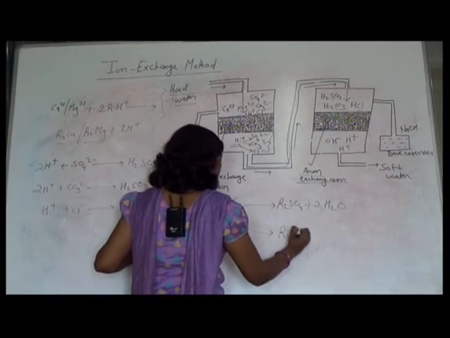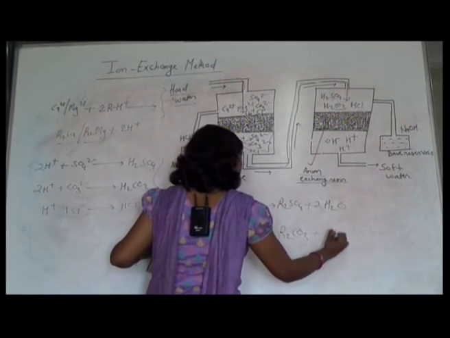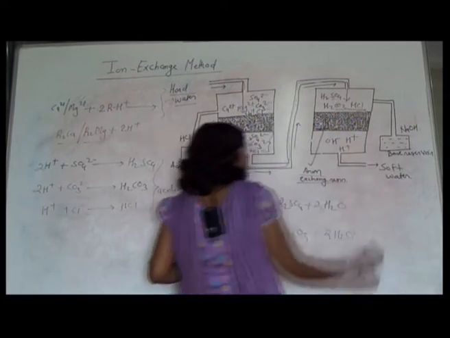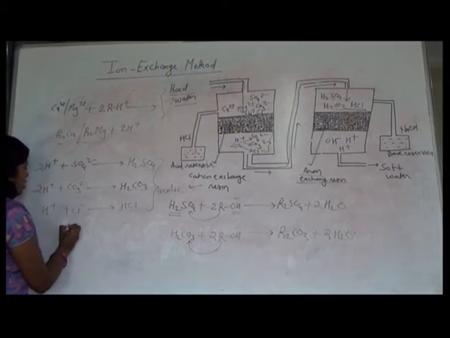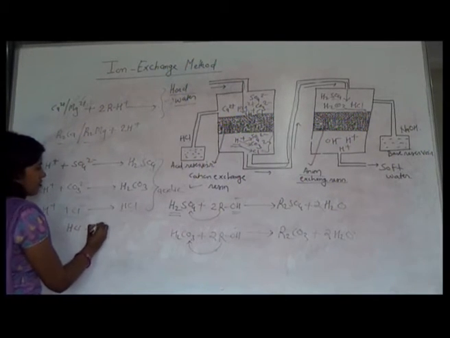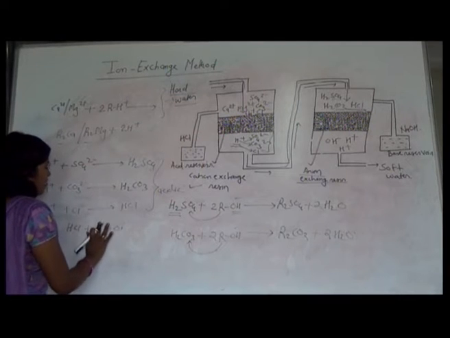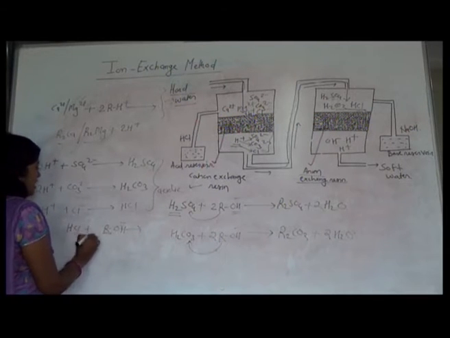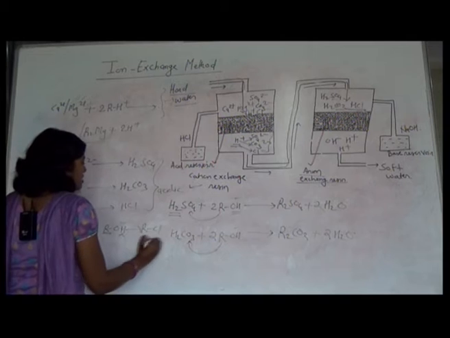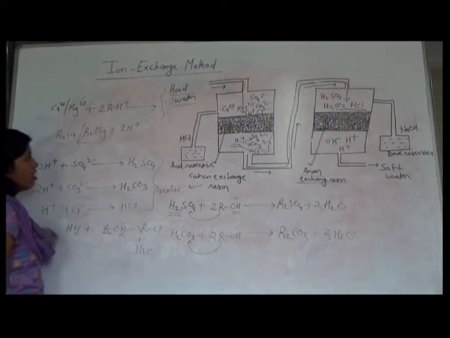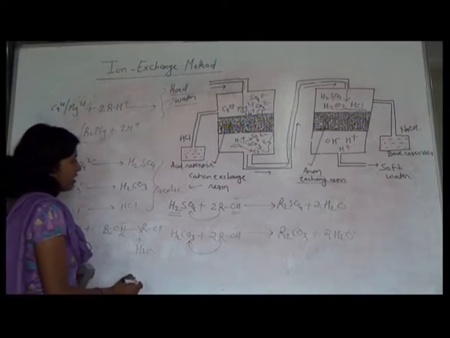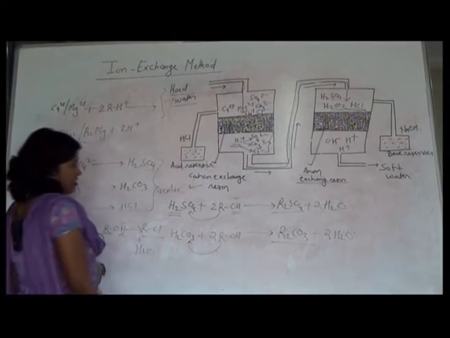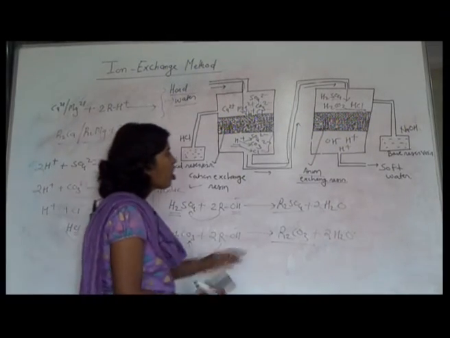So there is formation of R2CO3 plus 2H2O. If the water is with HCl, what reaction occurs? HCl plus ROH negative. So there is formation of RCl plus H2O. In this way the resin becomes R2SO4, R2CO3 or RCl after the exchange of anions